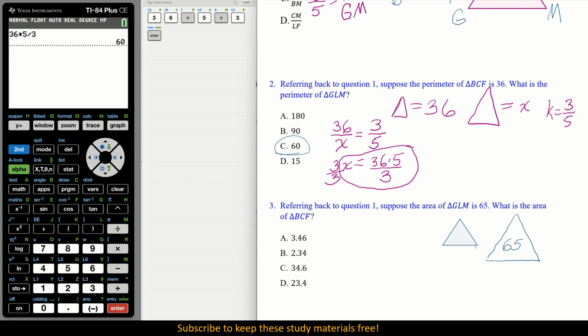Okay, now it works. Interesting. Okay, that is my X. So what do we need to do here? We need to set it up correctly. Remember, our K is still 3/5, right? So we have